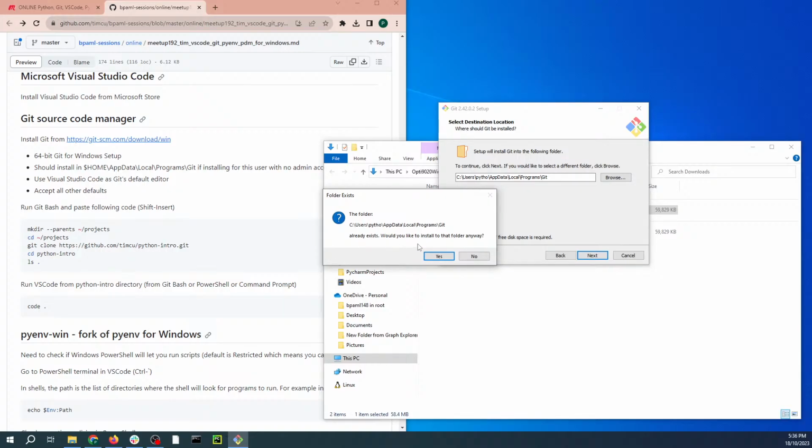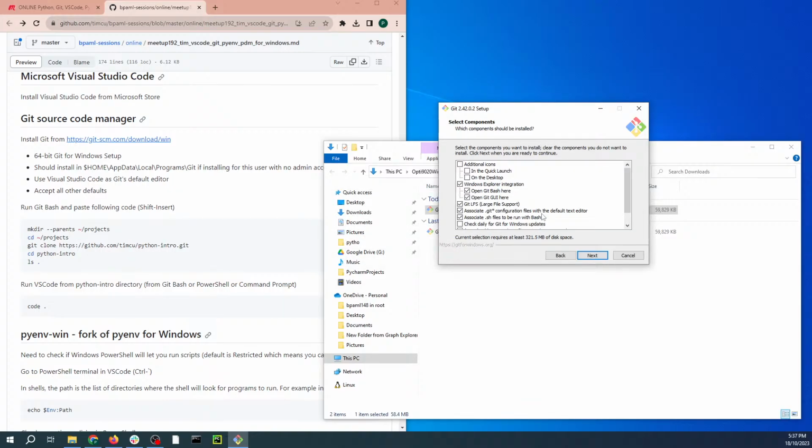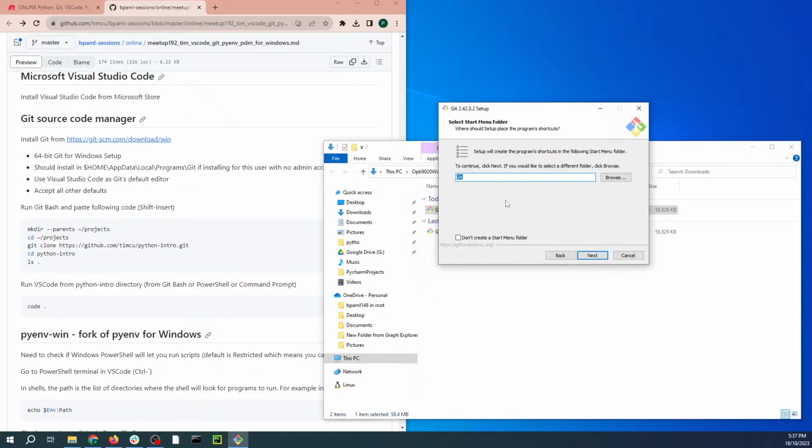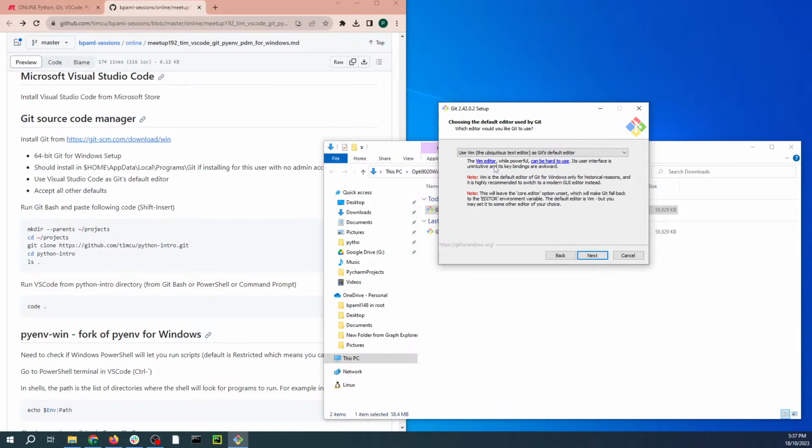Already exists. Would you like to install that folder already? Well, that's just because I've installed it before and uninstalled it, so we'll say yes, but you shouldn't have got that. We'll leave all the settings to the default values in the first page and the second page. And now